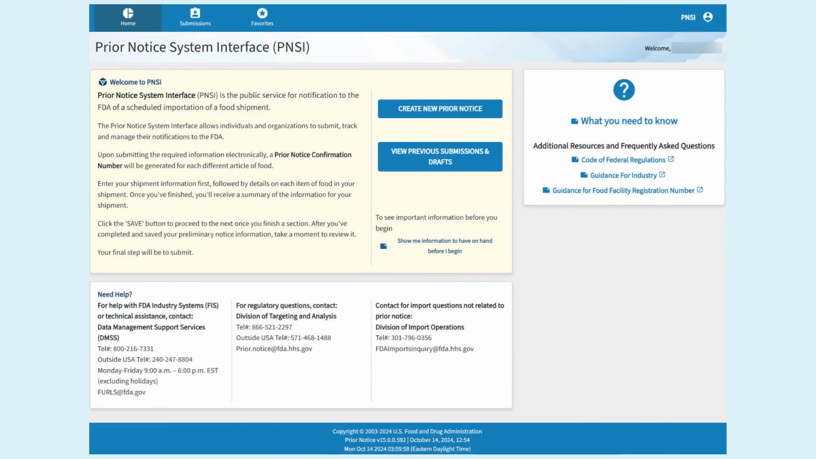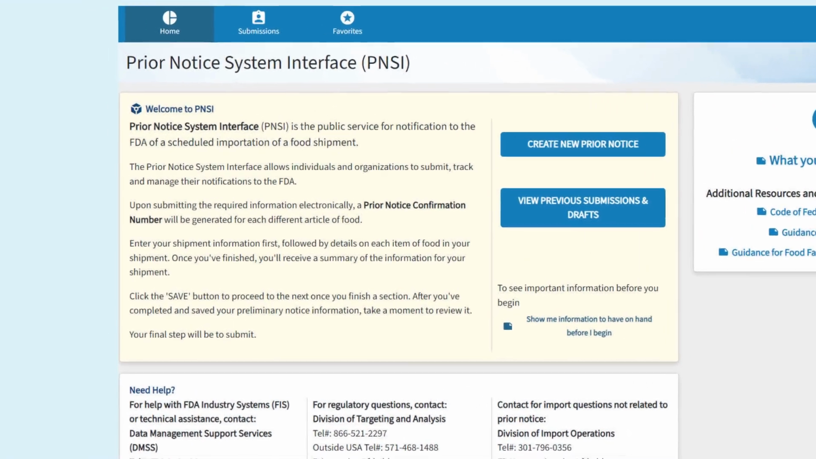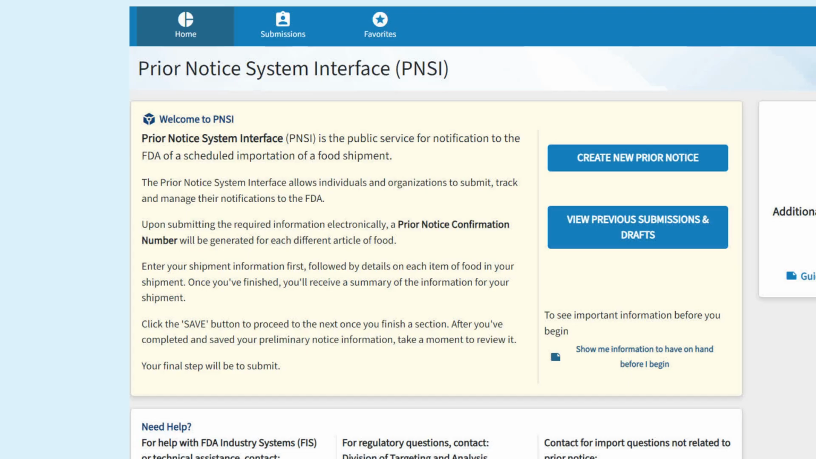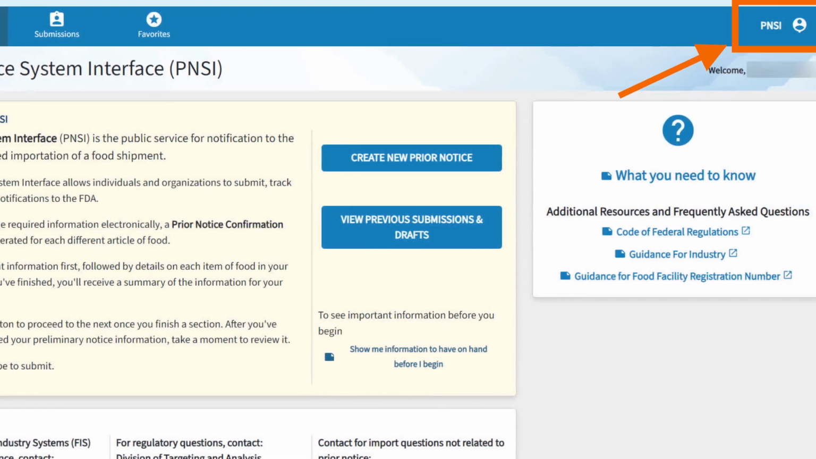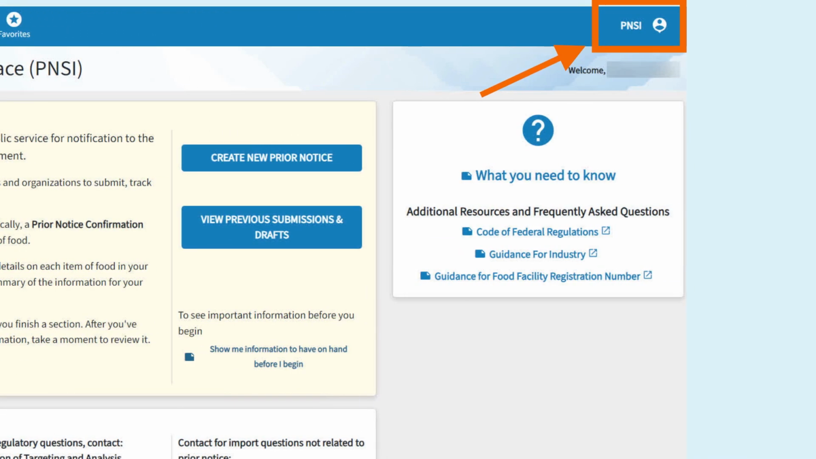Now let's take a look at the PNSI homepage. Here, you'll find several key sections to help you navigate the system. At the top of the screen is the top navigation bar where you can switch between Home, Submissions, and Favorites. You can also return to this homepage by clicking the Home tab. When you are ready to log out of the system securely, select the PNSI icon in the top right corner